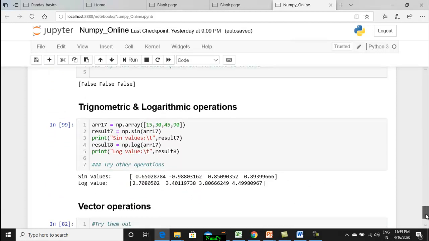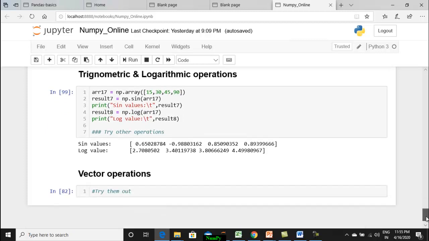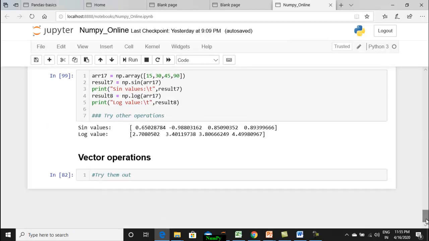And similarly, trigonometric and logarithmic operations can very simply be done using this. To an array, you can as such calculate. Other packages in other programming languages may support the same functionality, but for a single element. But here it is being performed over a set of elements, right?